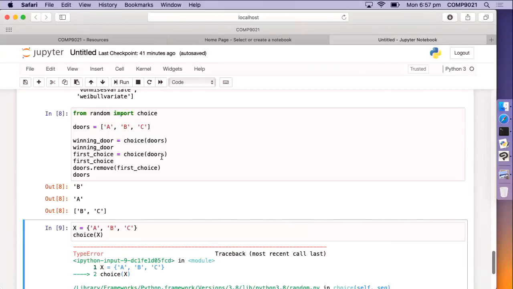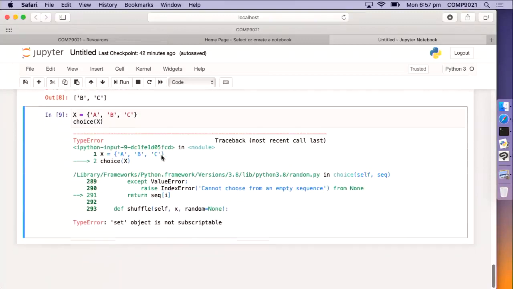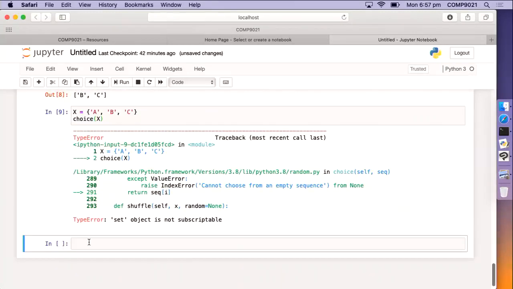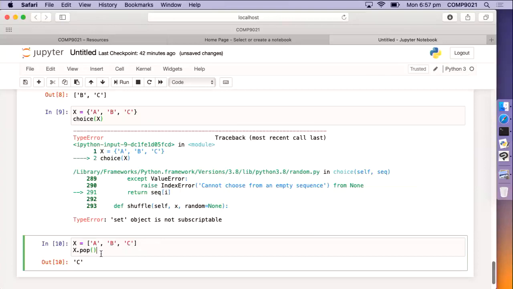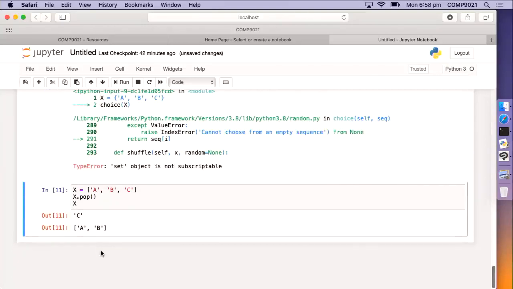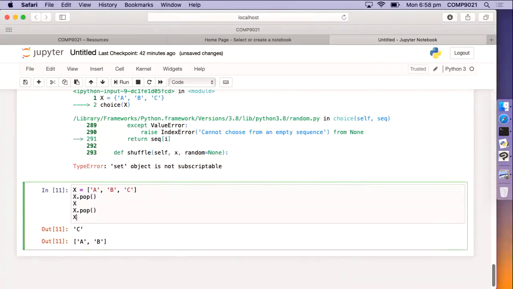Now, instead of removing an element from a list, we can also pop an element out of the list. A, B, C. I could use again dir on the list to show you that lists have a pop method. So you can apply the pop method to any list, and what do you get? If I do that again and again,